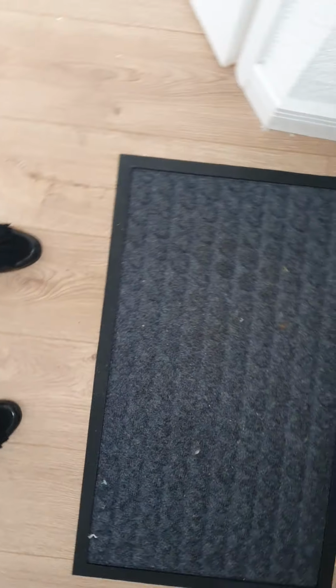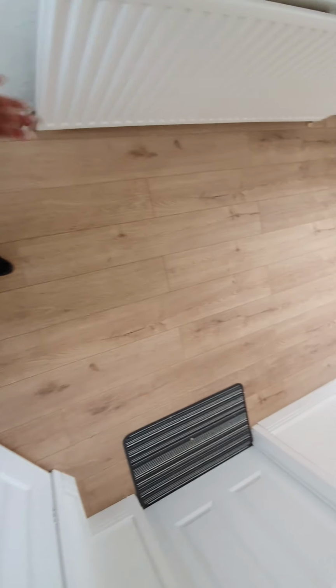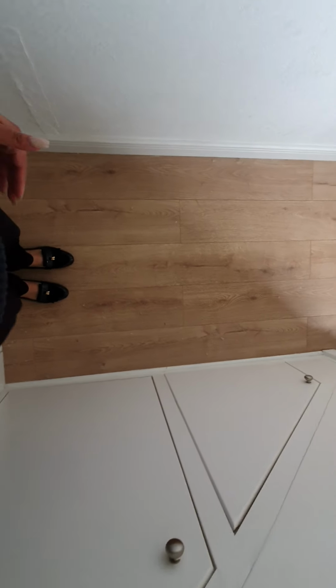Clean condition. So with the flooring has recently been fitted, so it's nice hard flooring. However, it does need a hoover. Obviously that's with just general wear and tear, walking, and obviously when we've been in and out of the property. There is no damage, it's not sticky. It could just do with a